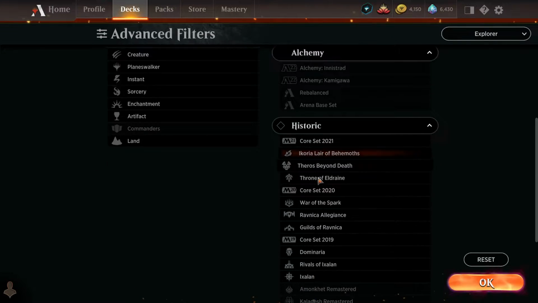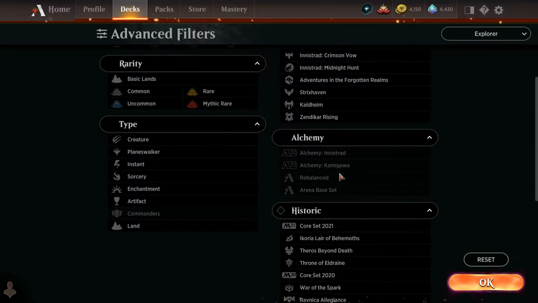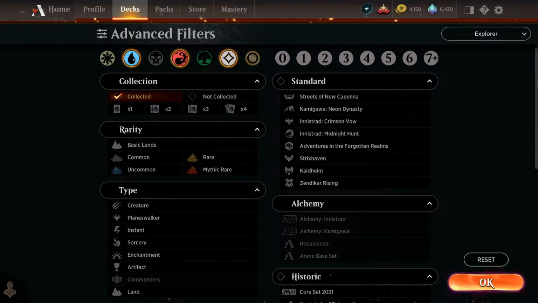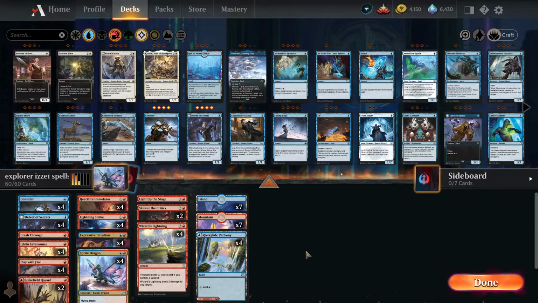And look, the only thing that's really not included is this pile of historic anthologies, Amonkhet, Kaladesh, Jumpstarts, Mystical Archives, and Alchemy. But outside of that, you have access to like everything, which is very, very close to Pioneer, if I know my stuff. So this is what you all have access to in Explorer, meaning that you get to